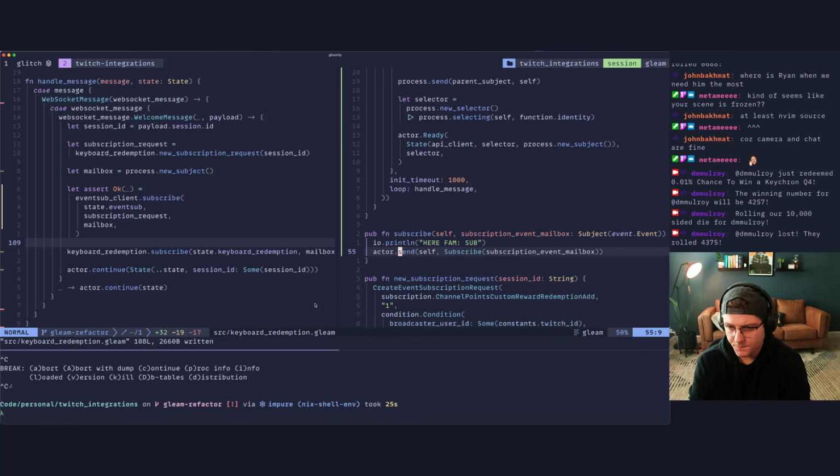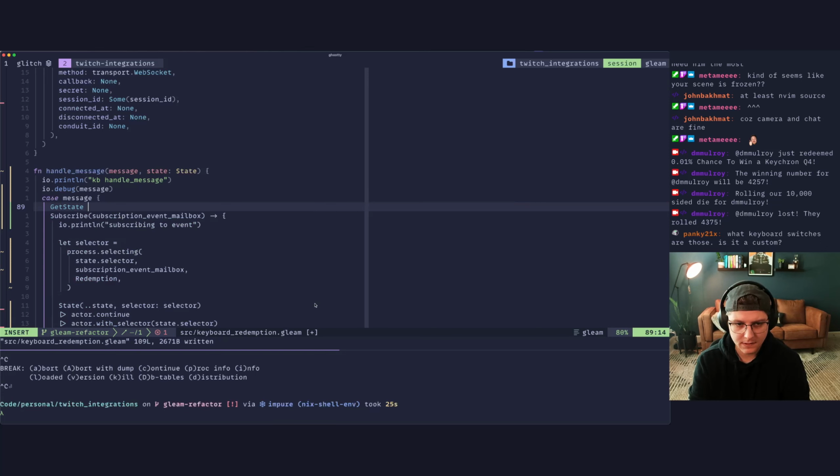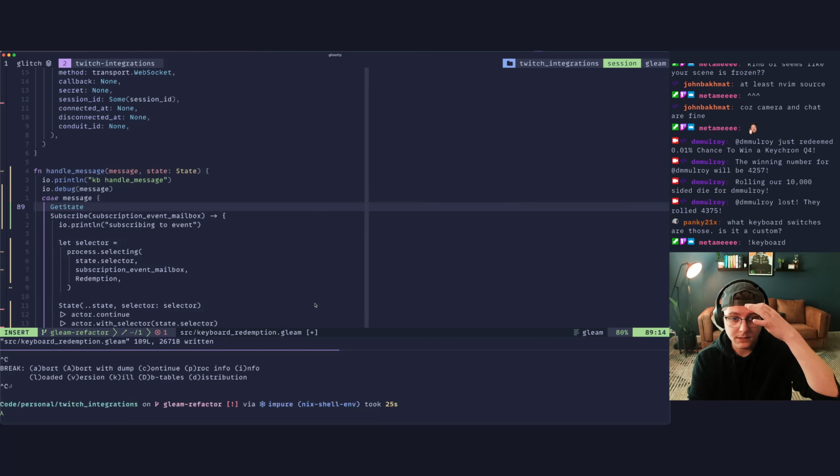I'm using glorious pandas. We'll have a get state. Then down here we'll have get state. And how do we implement get state before?